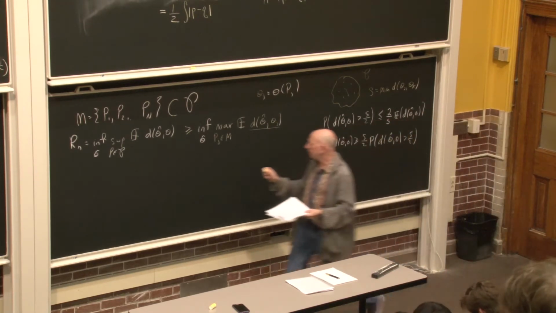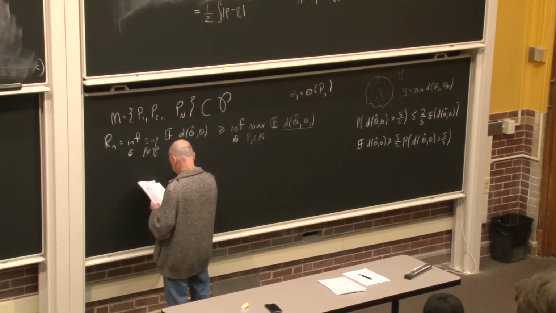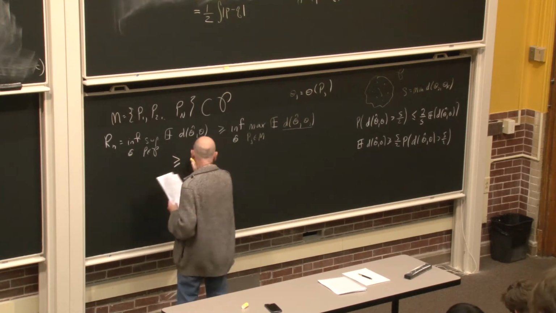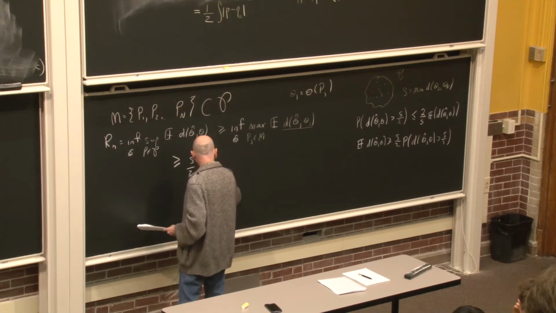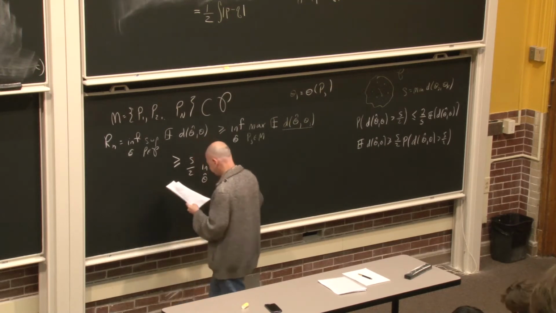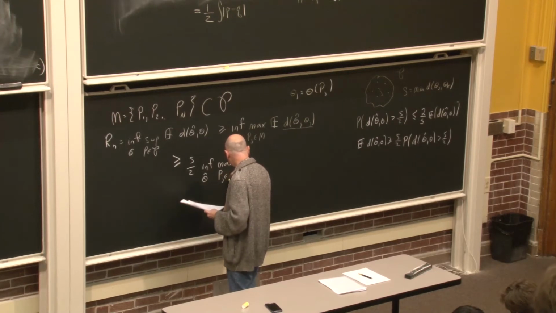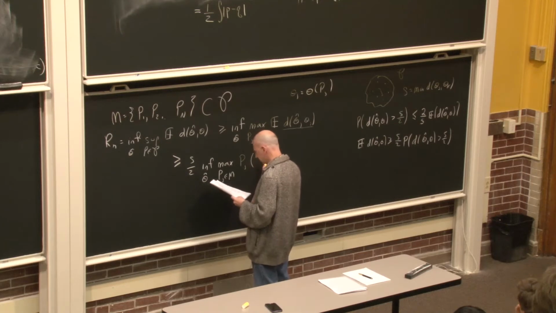So I have a further reduction: this is bigger than or equal to, well, the S I can bring out front, so that's S over 2 times the inf over theta hat of the maximum, again, over all of these pj's, of the probability that